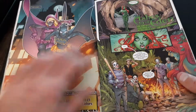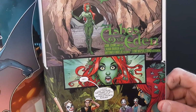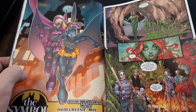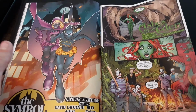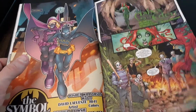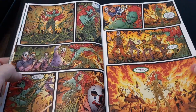Now, this book, I didn't really care for that much. This is definitely the worst, but the artwork's pretty good, but the story is, I don't know. This is The Ashes of Eden, written by Sam Jones with artist Laura Braga, and essentially you saw a few issues back in the Batman books, Harley Quinn took Bruce Wayne to Eden, and Poison Ivy and Harley Quinn are sort of an item. Poison Ivy goes back home and sees her garden in ruins, and it starts burning all the Jokers,